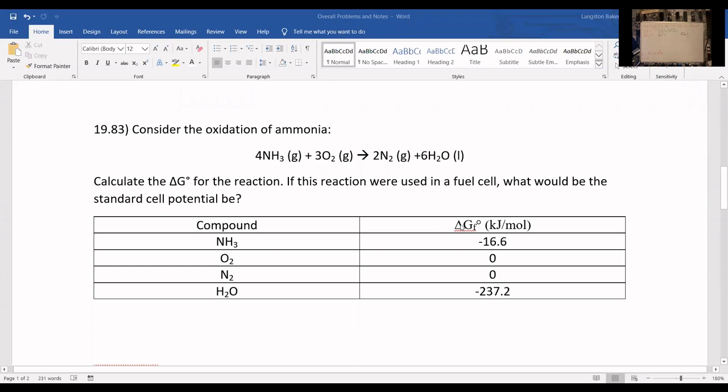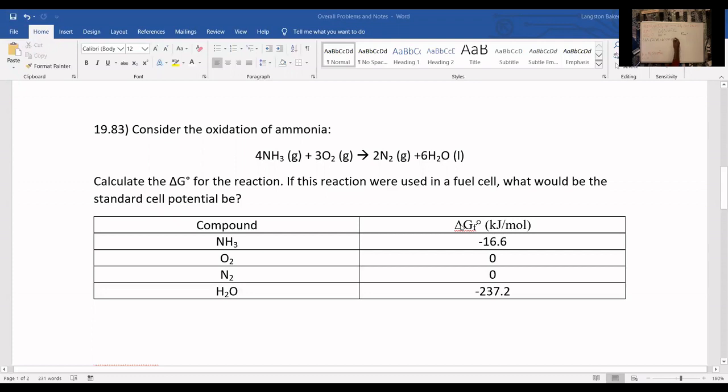So here's the delta G's I gave you. Delta G naught is our products minus reactants, with their coefficients. N2 is 0, I'm gonna write it still just to be safe. So 2 times my N2 G, 0, plus 6 times the G for H2O, which is negative